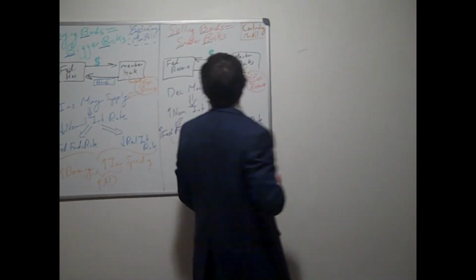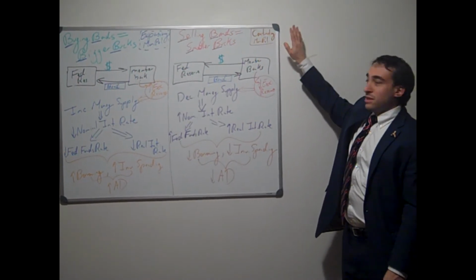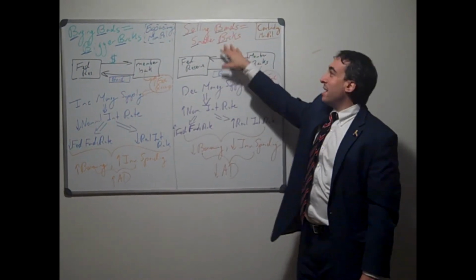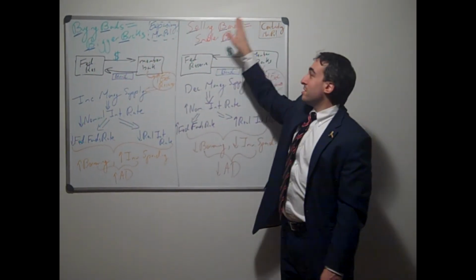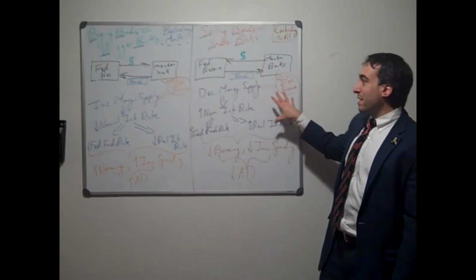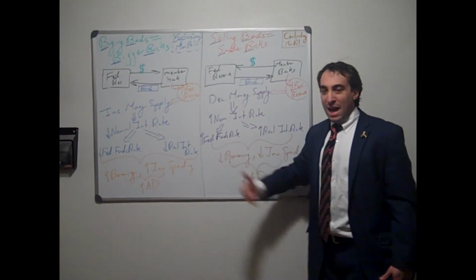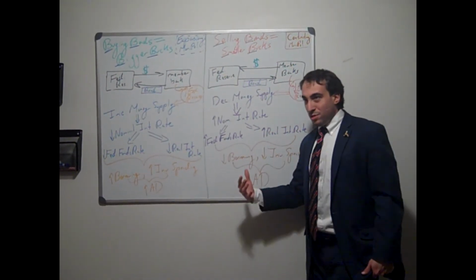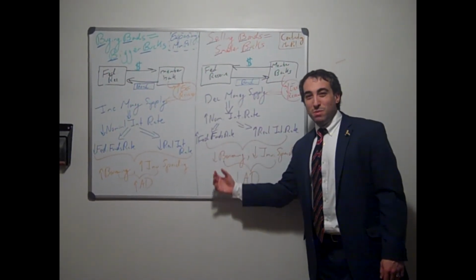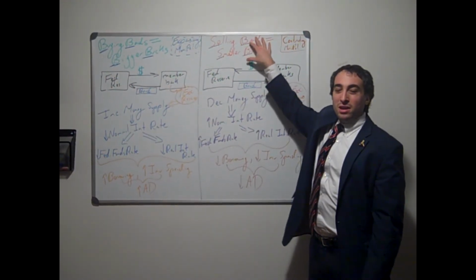Now, let's take a look at how to fight inflation. The contractionary monetary policy, and the alliteration to remember that is selling bonds equals smaller bucks. That there is now less money in the banking system. The Federal Reserve, to fight inflation, to pull money out of the economy, and to reduce the amount of money flowing through the banking system, and to reduce borrowing and investment spending and aggregate demand, will sell bonds to the